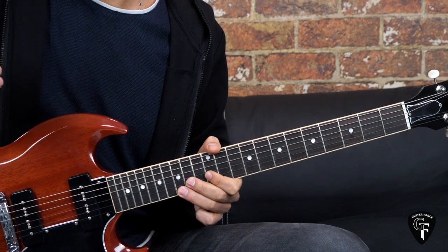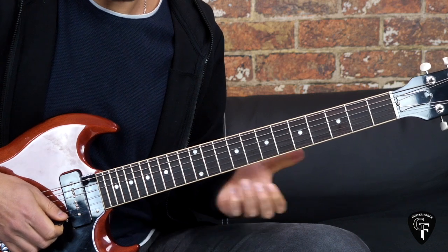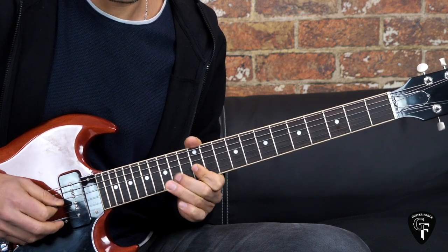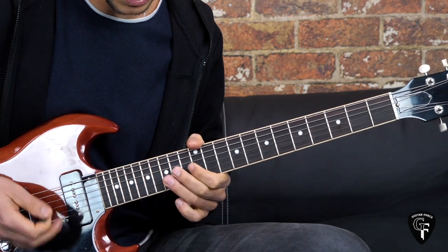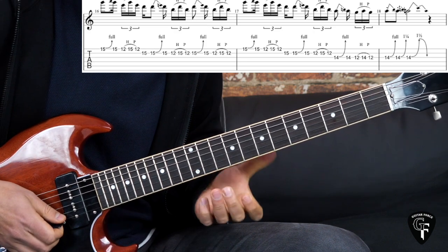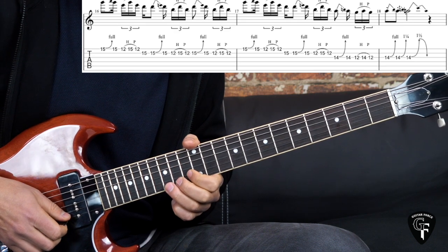And then we have the ending part of the solo of the whole song, actually. So it goes into this. Alright, so this ending. So here we're just playing kind of bends and quick hammer-ons, pull-offs on the high E and the B strings. But if we have to be precise, so the first phrase is